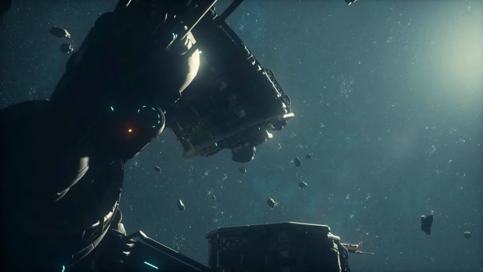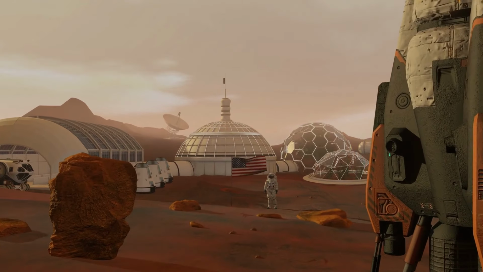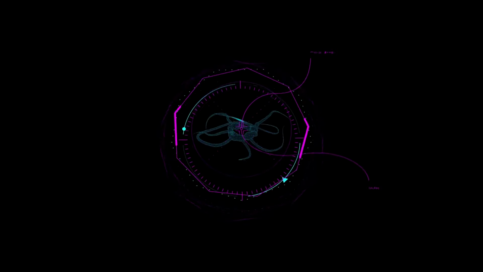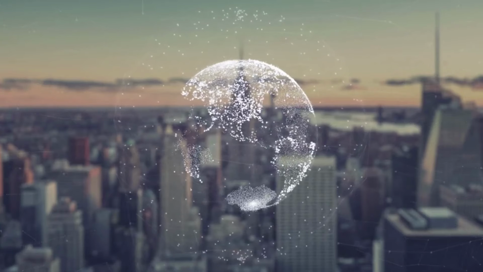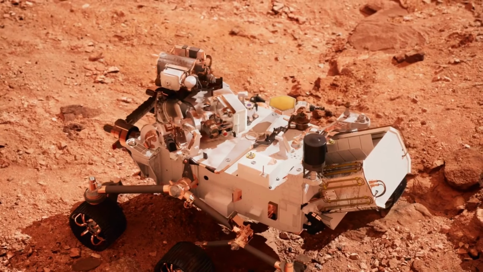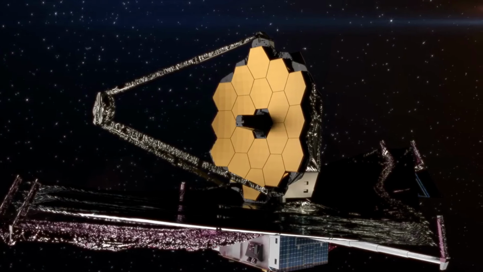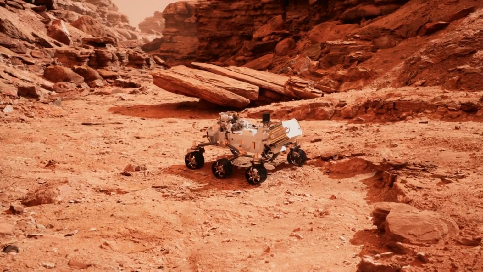17. Interstellar AI. Interstellar AI contemplates the role of advanced AI in space exploration and colonization. These AI entities could explore distant galaxies, adapt to alien environments, and even establish extraterrestrial colonies, all while communicating findings back to Earth. Current space probes and rovers, like NASA's Perseverance on Mars, are precursors to this idea. While they aren't fully autonomous, they utilize AI algorithms to navigate terrains, analyze samples, and conduct experiments.